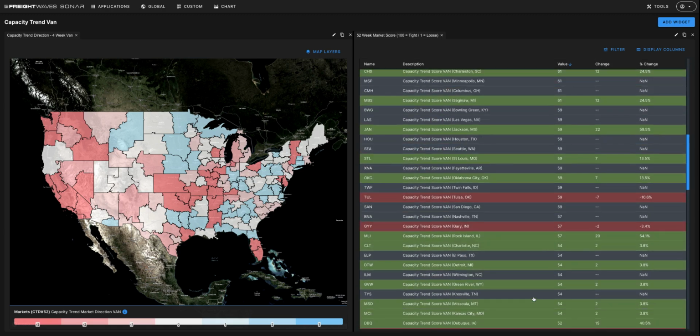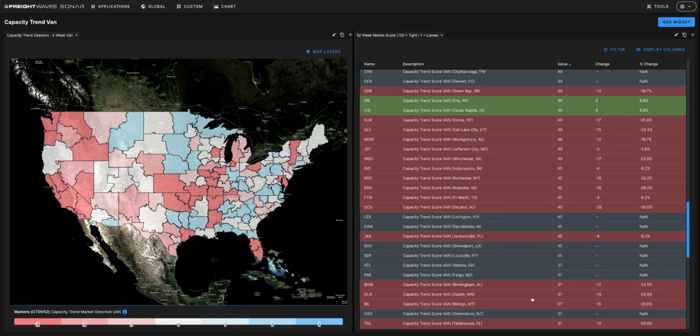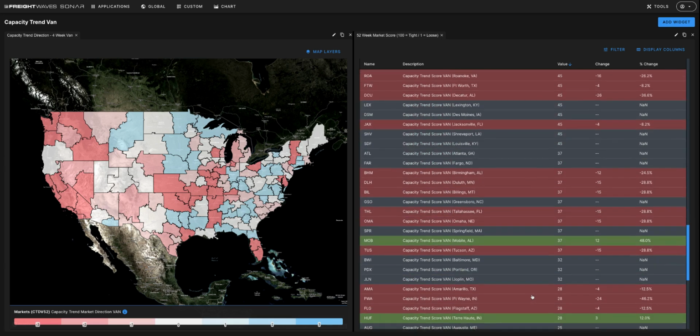As I scroll down, really anything below 40 is going to be a broker or a shipper favored market, and those are going to have loose capacity, a lot of available capacity in those markets. Looking at the actual value is important, but actually looking at the change is a little bit more important. This number is updated on a daily basis as of yesterday, so you're able to see how capacity is shifting on a daily basis. So for Mobile, Alabama,